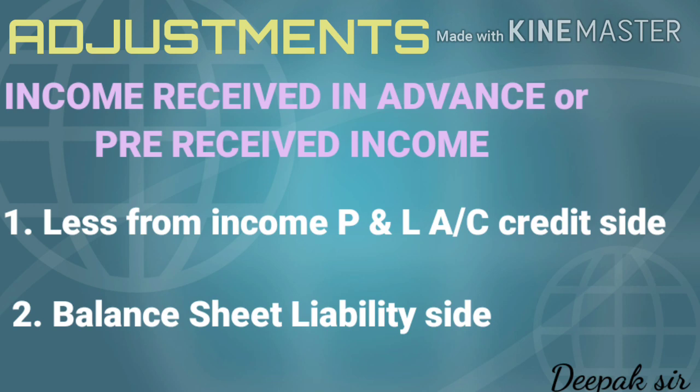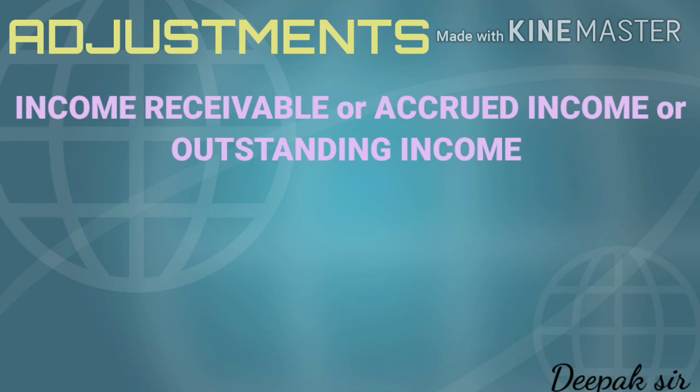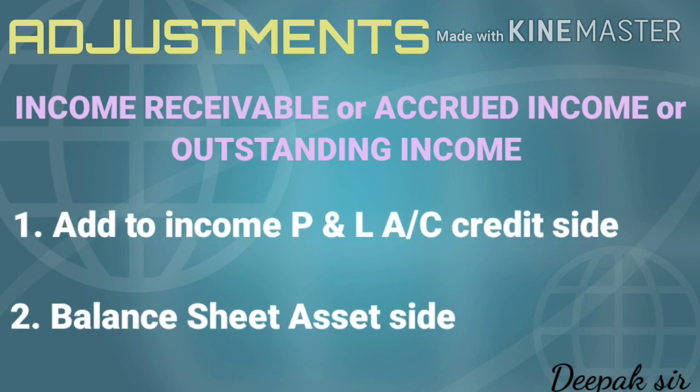Now the next adjustment is income receivable. Income receivable is also called as accrued income, or it is also called as outstanding income. Means income which is receivable. Now since this income is receivable, our income is going to increase. We have to add in income, that is in profit and loss account credit side we have to add. And since this income is receivable, it is an asset, so second effect will come in balance sheet on the